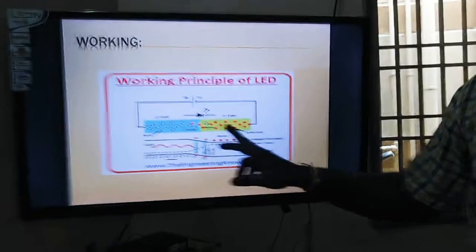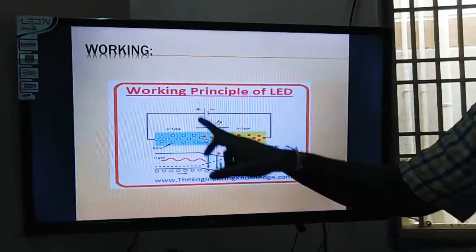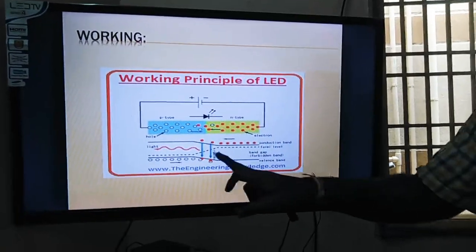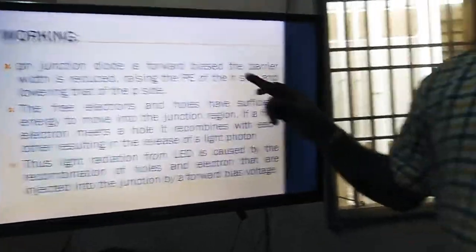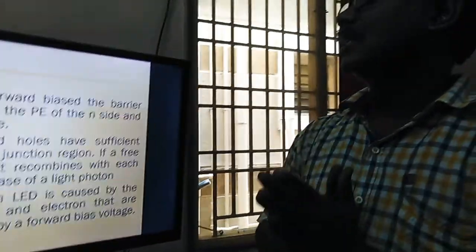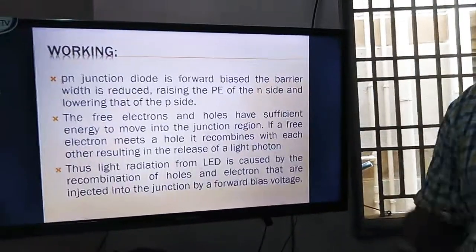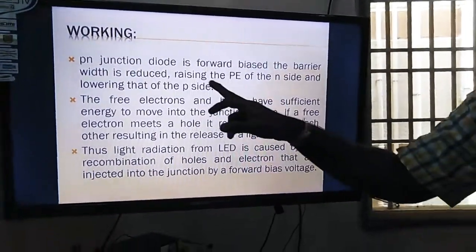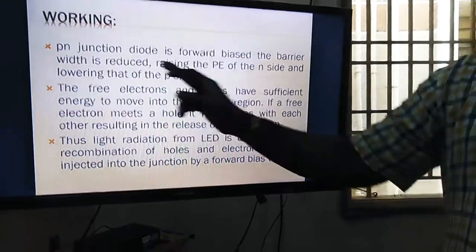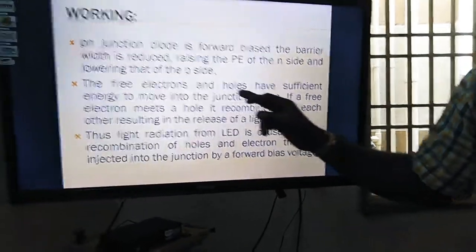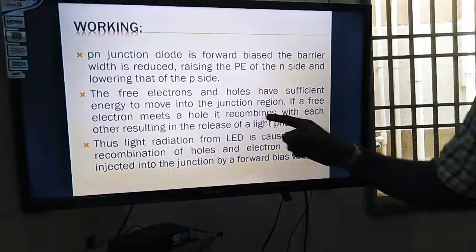Next, this is the working principle of LED. This is the P-type, this is the N-type, connected with forward biasing. This is the energy band diagram. When the PN junction is forward biased, there is a barrier width between the PN junction. Due to the forward bias, the barrier width is reduced, and because of this, the potential energy is raised on the N side and lowered on the P side. The free electrons and holes have sufficient energy to move to the junction region. If a free electron meets